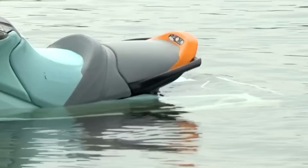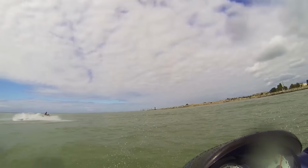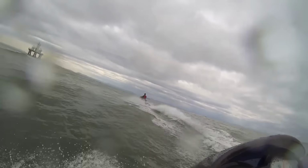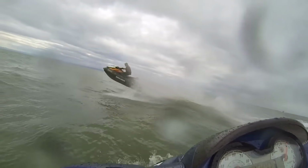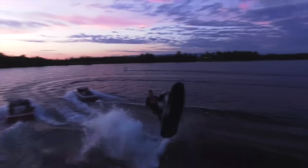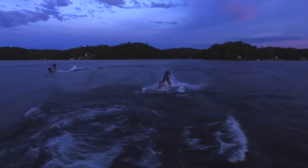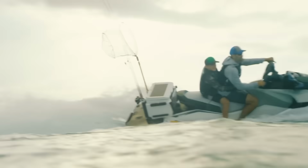wake jumping. The injuries associated with PWC accidents can be severe and often involve internal damage that might not be immediately apparent. The maneuverability that makes these craft fun also makes them unpredictable in the hands of inexperienced operators. Unlike boats, which give you time to think and react, PWCs respond instantly to every input, which can catch novice